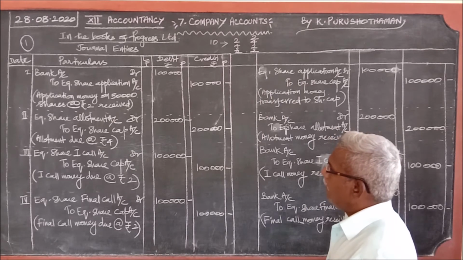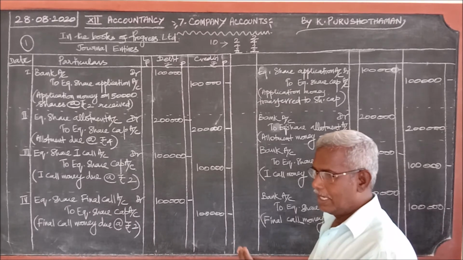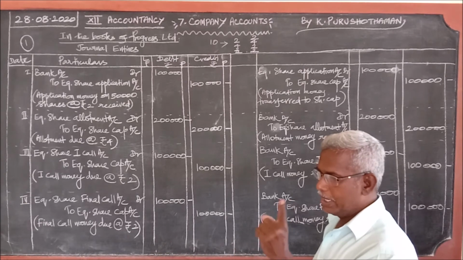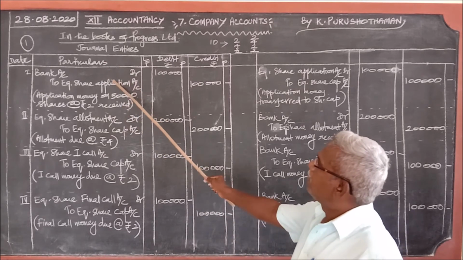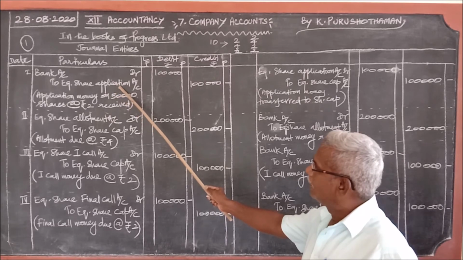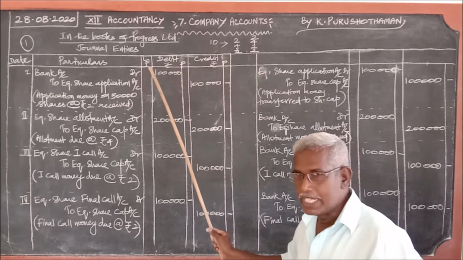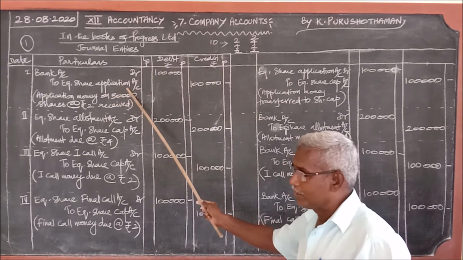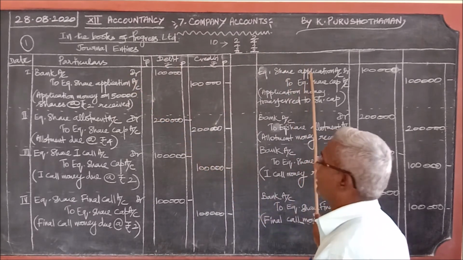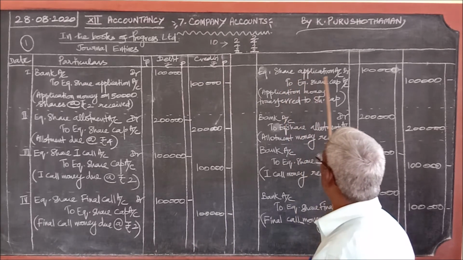Okay. Now I said, instead of getting the idea, there are 8 journal entries. You just remember one, you can write the other. I said, you remember this journal entry, bank account to share application, where you are ending with share application. You start with that, the second journal entry. See, your journal entry ends with equity share application. You start the second journal entry like this, the same equity share application. Then you understand that it is a transfer to equity share capital, therefore to equity share capital account.